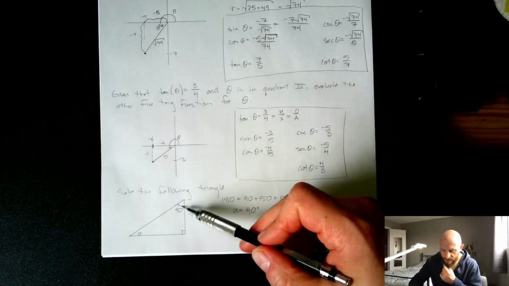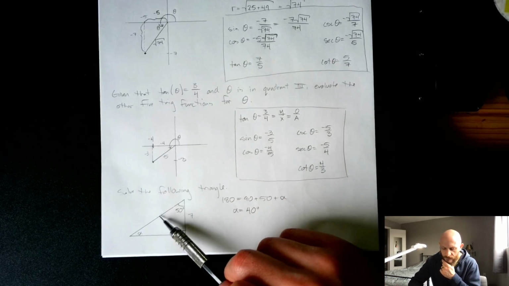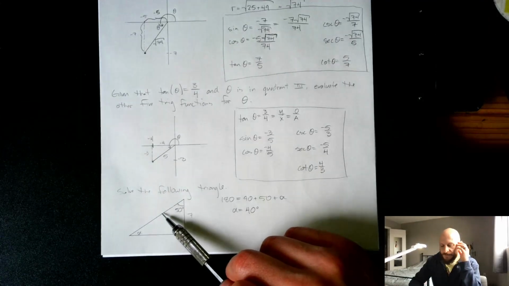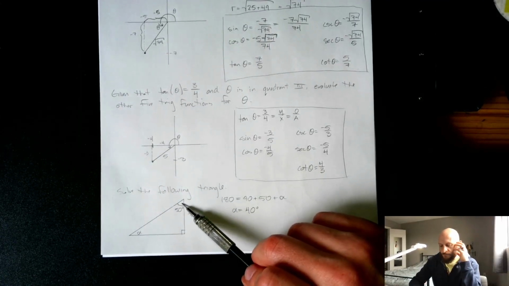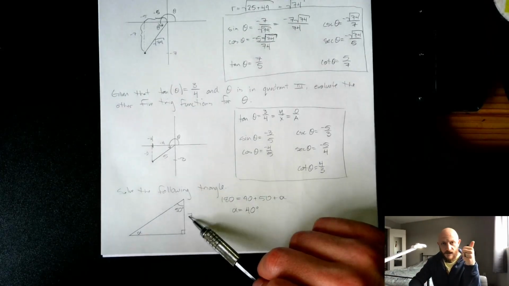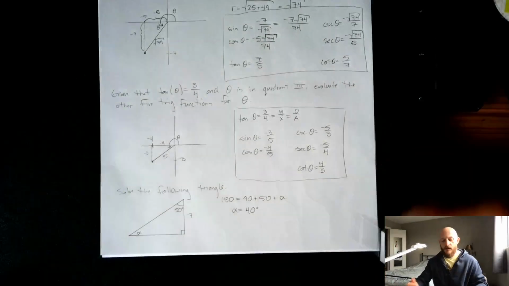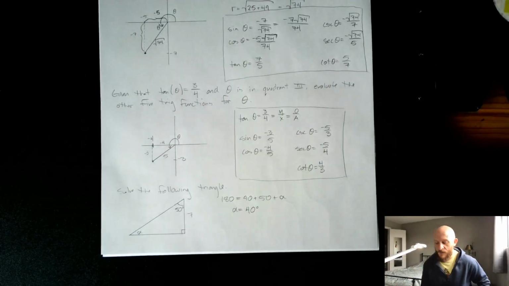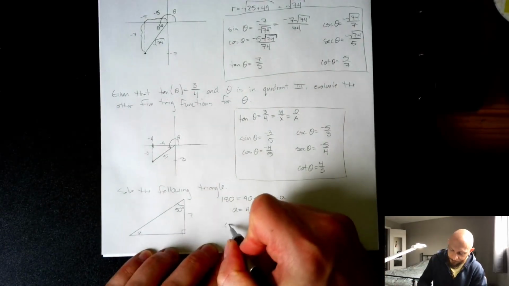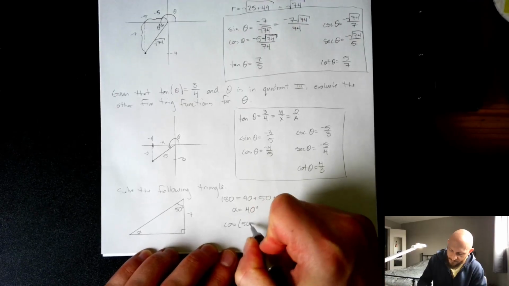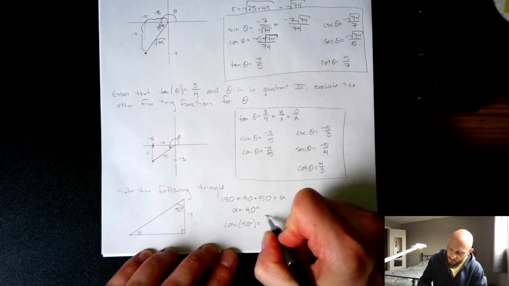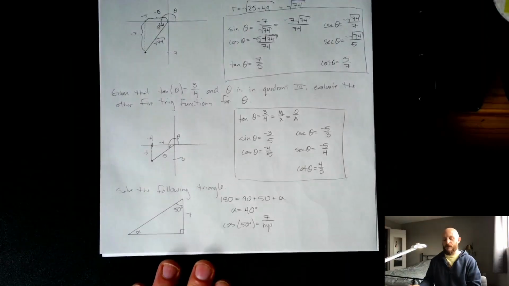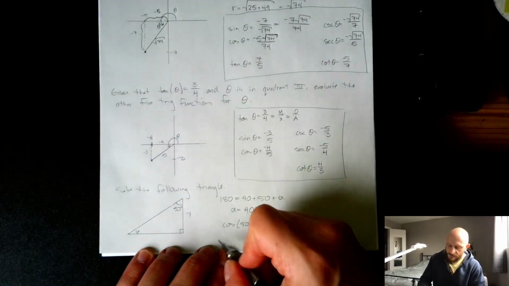So I'll use this 50-degree angle, and first I'll solve for the hypotenuse. So what that means is I have an angle, I have a side that is adjacent to the angle, and I'm looking for the hypotenuse. So which function relates the adjacent side and the hypotenuse? That's cosine. So what this is saying is that the cosine of 50 degrees is equal to the adjacent side over the hypotenuse. So solving this for the hypotenuse,